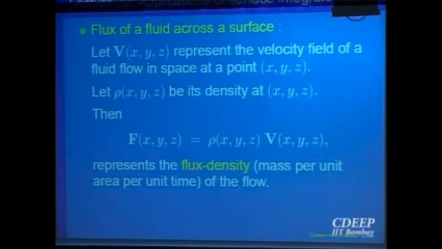So take a small piece, right, and this is the force with which it is going, but you have to go across, so you take the normal component to the surface. In that direction, how much is it going? So F dot n, where n is the unit normal, gives you the normal component across that surface, and this area is dS. So F dot n dS will be the flux across. So the total should be the surface integral of F dot n dS. So that is the basic idea intuitively.